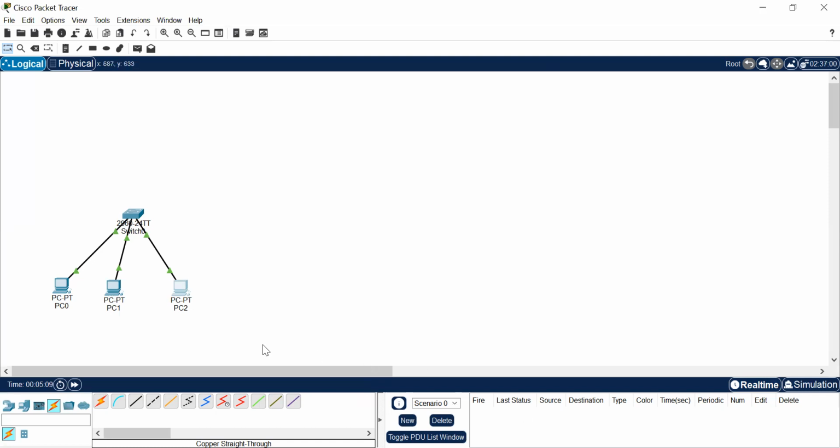Now in real time, we'll check whether they are able to communicate with each other or not. So I want to communicate with PC1. What you should do is click on PC0, go to desktop, go to command prompt, and here give the command ping. So from the first computer, I am checking for the second computer. The second computer address is